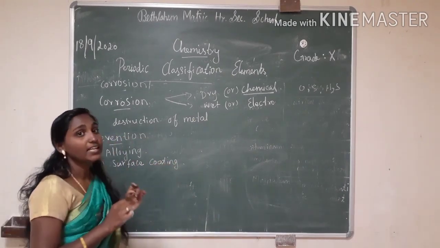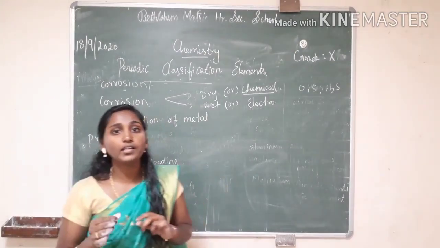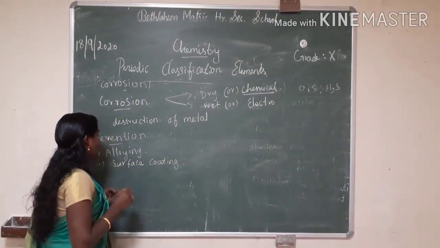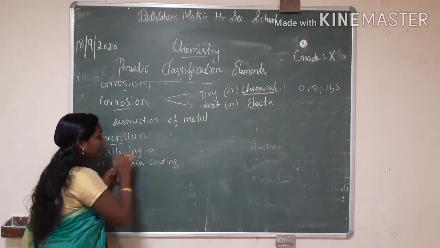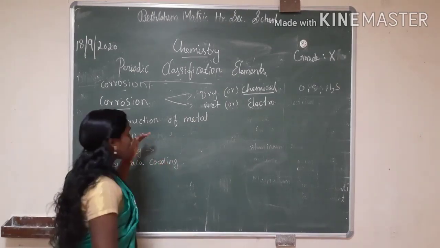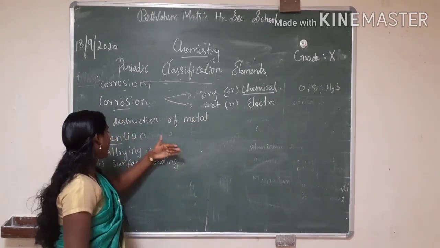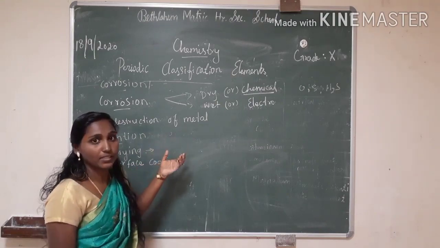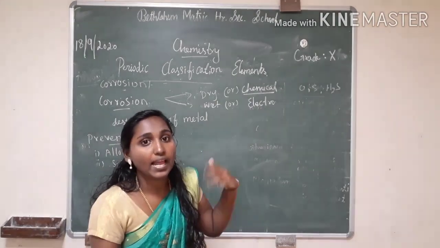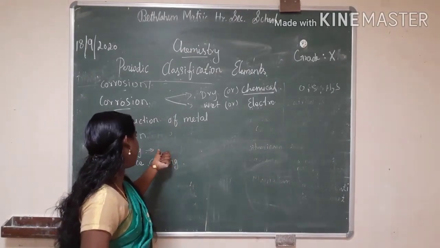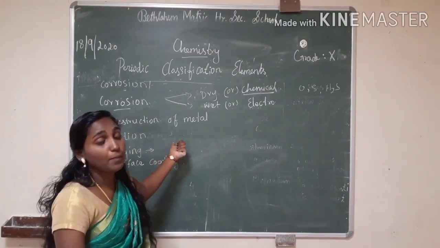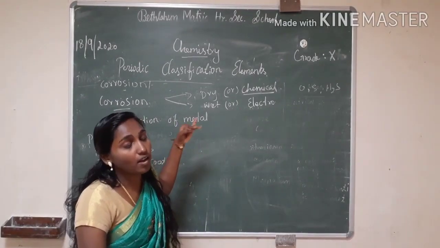An alloy is a homogeneous mixture. What is meant by alloy? It is a homogeneous mixture of one or more metals. The metal can be alloyed with the surface of another metal. That is an alloy. Examples of alloys are nickel steel and stainless steel.